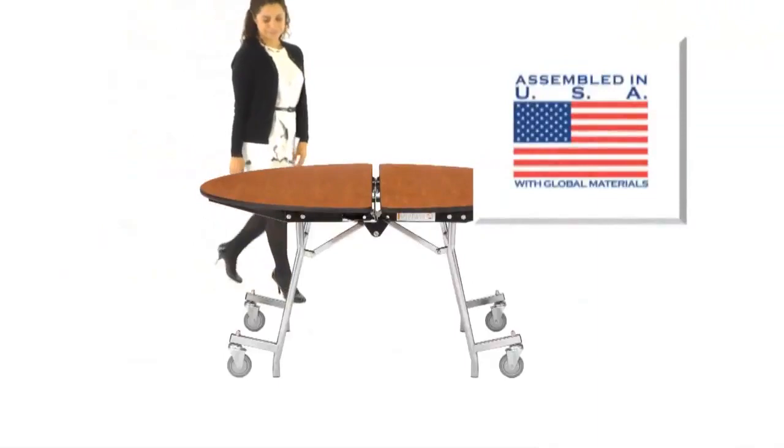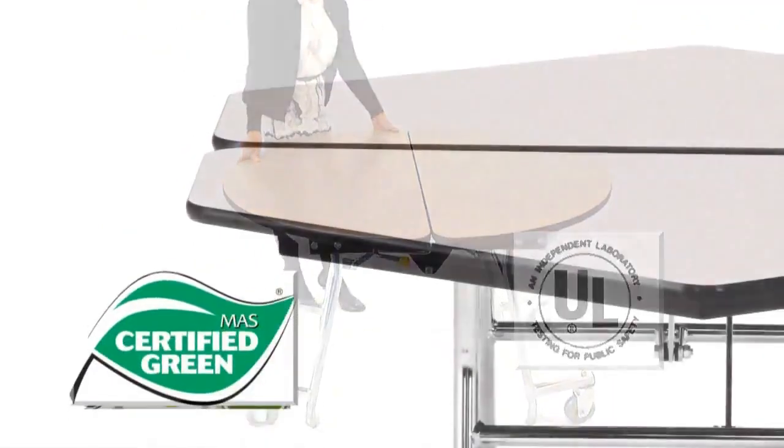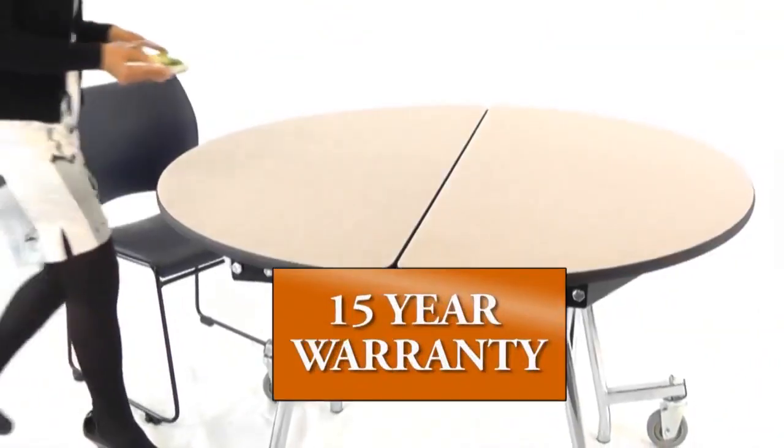Assembled in the USA with global materials, tables are UL approved for safety and Mass Green environmentally tested for LEED projects. With a bumper-to-bumper 15